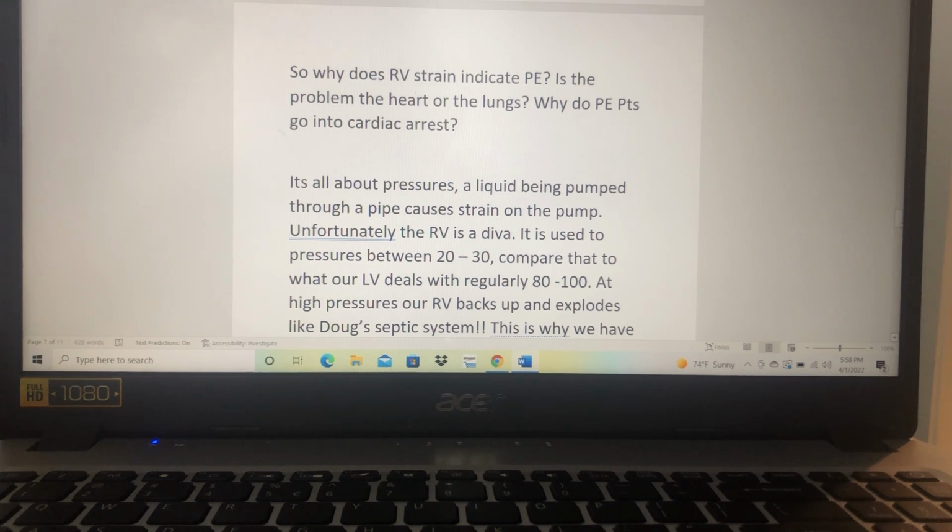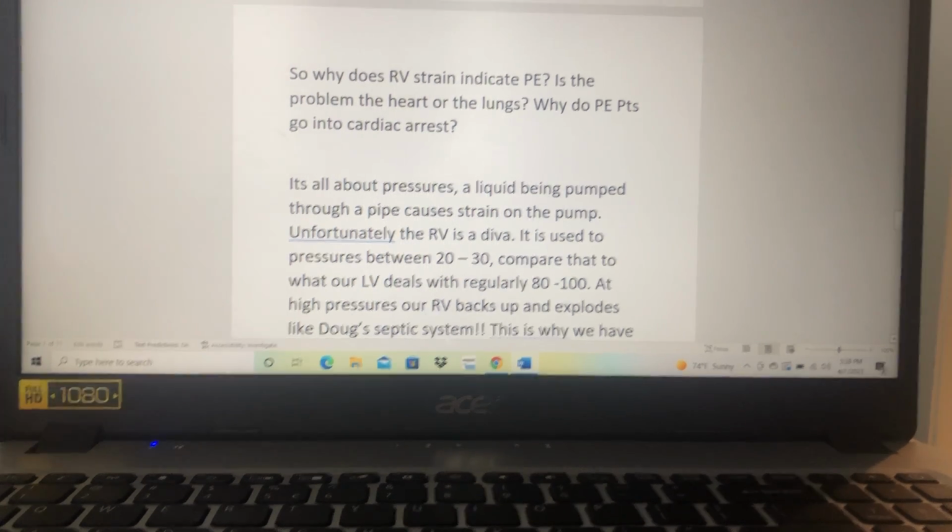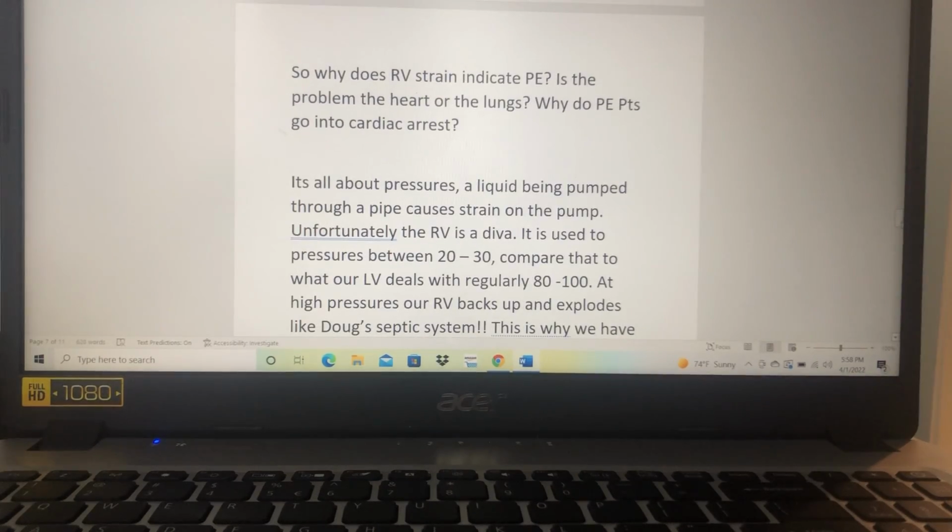It usually handles pressures between 20 and 30. It's a bit of a diva. It's kind of the weak part of the heart. It's very irritable, and when you stress it out, it's going to be like Doug's septic system, and it's going to back up, and it's going to fail. And then that's how you get the purple from the nipple lineup. It just says, screw it, I'm done, and